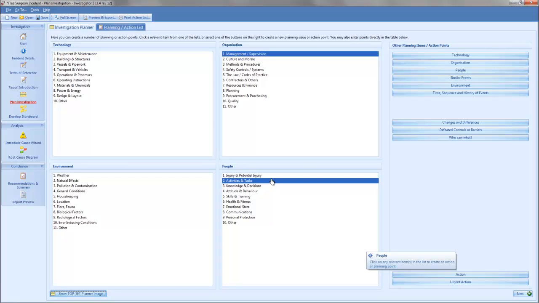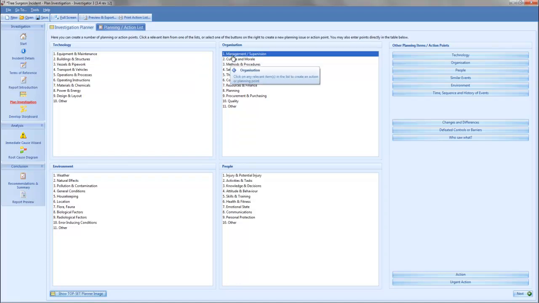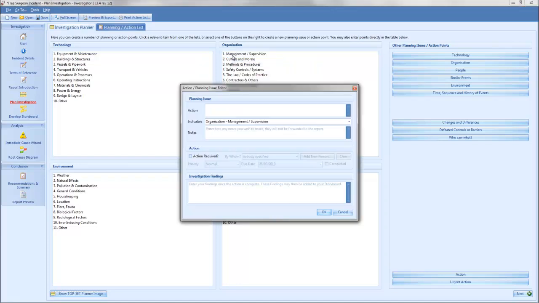So, as the investigation team, we look at these indicators to see if there are any questions we would like to ask about this, such as the management or supervision. So I, as the investigation team member, would like to see a planning issue about management and supervision. My action is to check who was supervising,